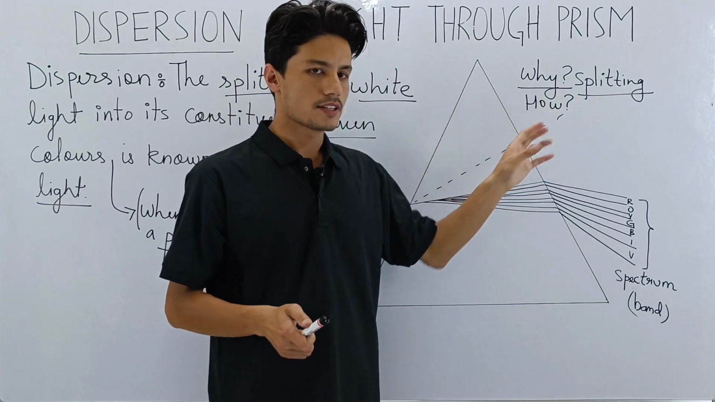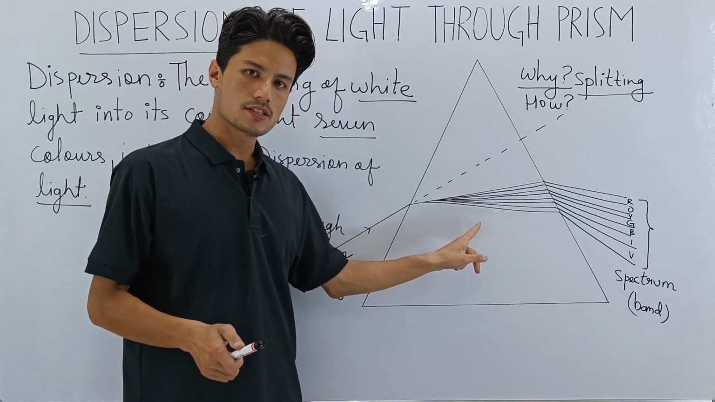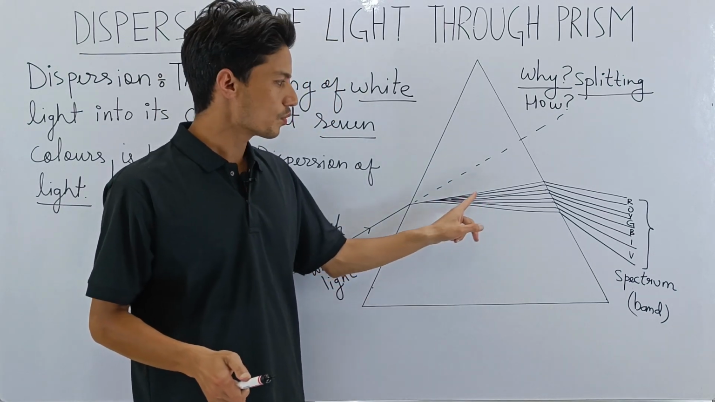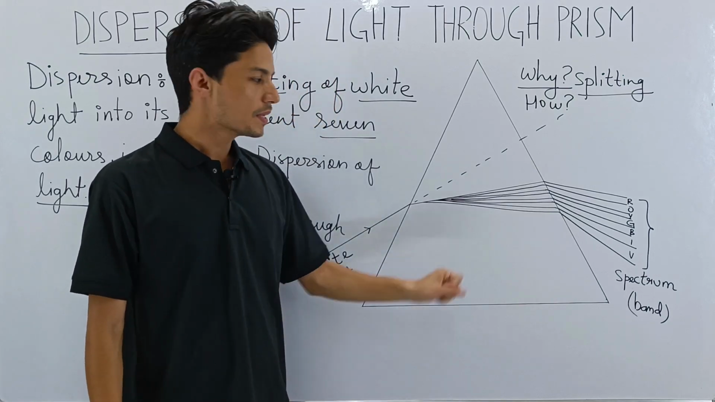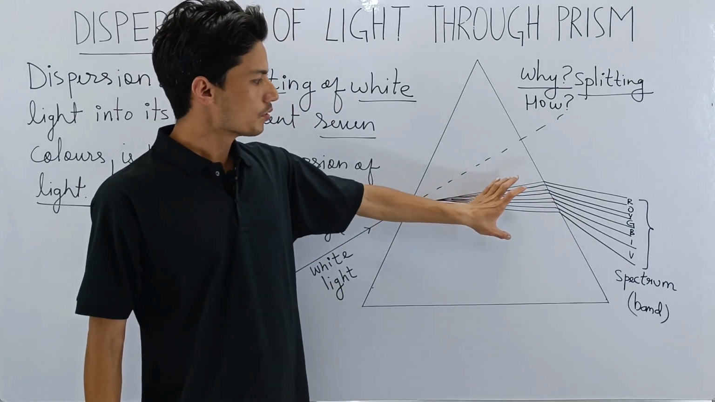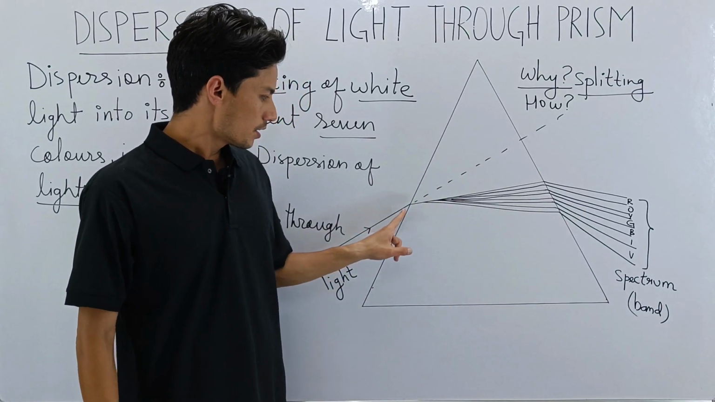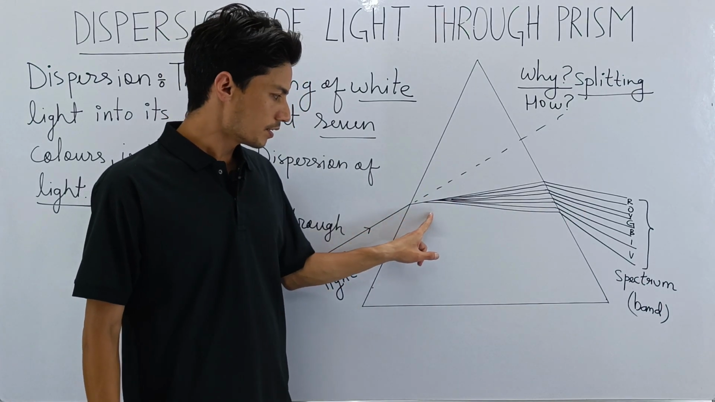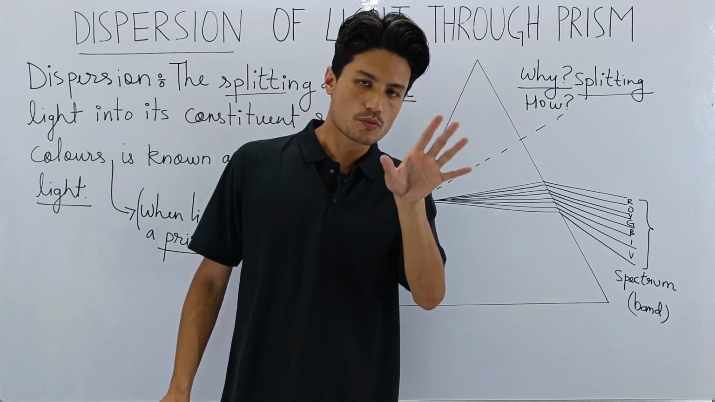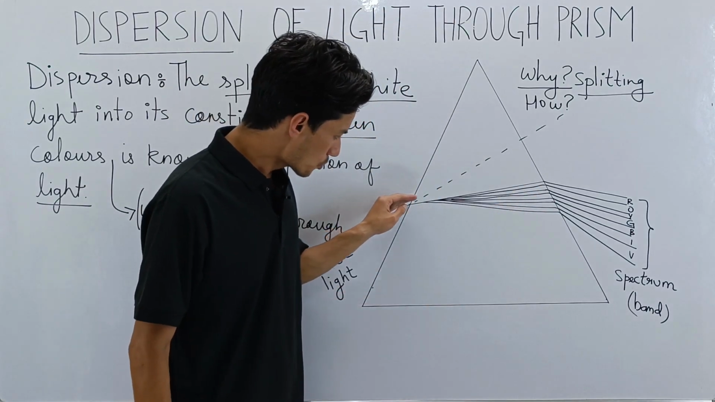So light has this nature. Light is made up of 7 colors. The 7 colors are the reason why they undergo splitting. This is the reason why they undergo dispersion. Why? Because they are light. Light is not one, but it has 7 wavelengths, and having 7 different wavelengths, when they pass through this prism,